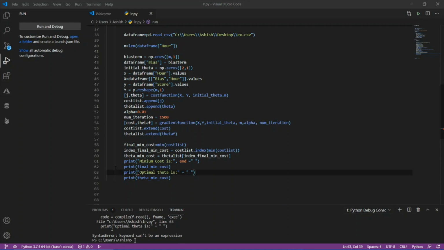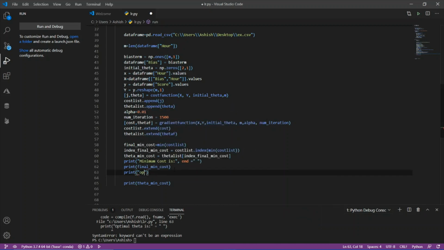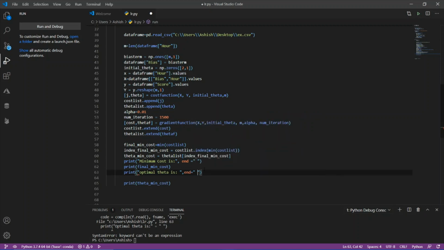Okay, I got the error again. So what's there? Keyword can't be expressed. This is minimum.